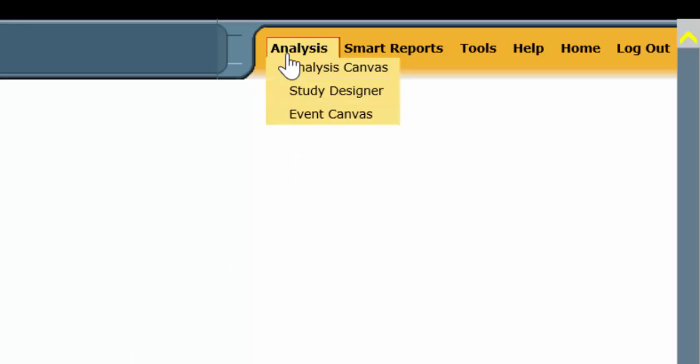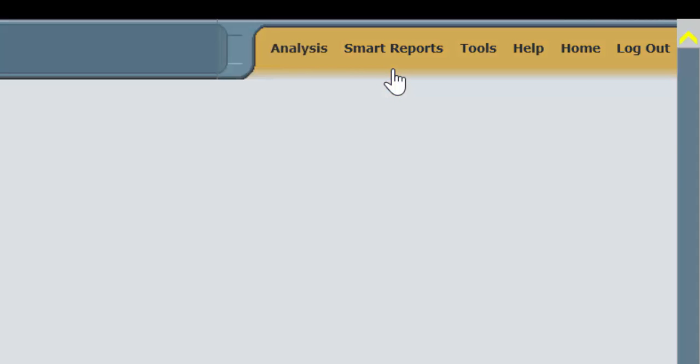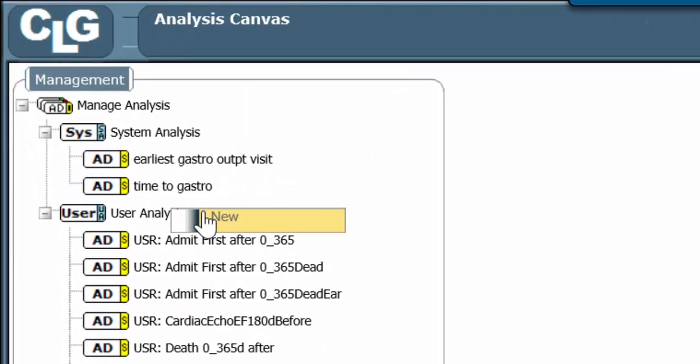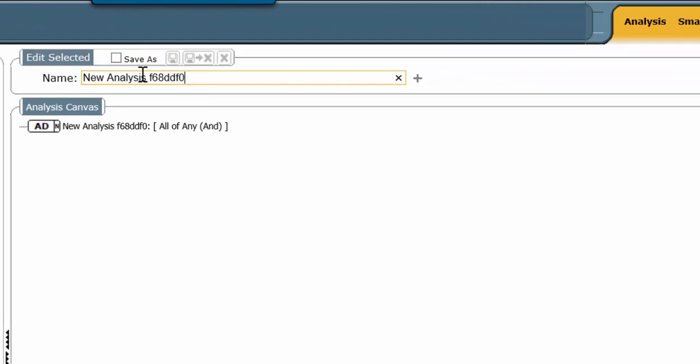First, let's build an analysis definition. This time we're going to go to the analysis canvas directly instead of going through the triple button. I'm doing this on purpose. Sometimes when you're working on your computer, the triple button approach into analysis canvas doesn't give you enough real estate. If that happens, this is an alternative, and I'll show you right now. We're going to analysis canvas. I'm hovering over the user analysis, right-clicking, left-click on new. And now I'm going to choose to name this WBC all